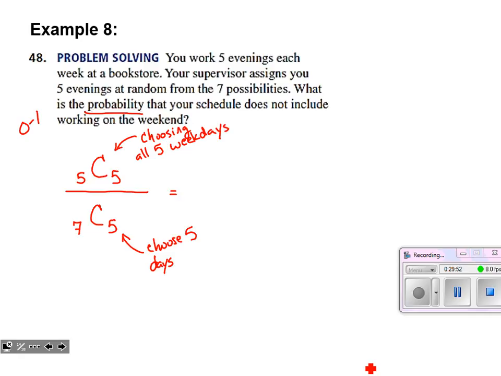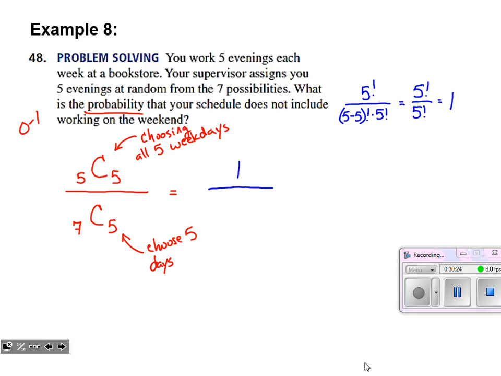All right, so let's figure this one out. And this one might be a good one to use a calculator on. I'm not sure. I'm just going to do this one factorial, though. For the first one, 5 factorial over 5 minus 5 factorial. And the order does not matter, so multiplying by the arrangement there, we get 5 factorial over 1 times 5 factorial. Okay, so our numerator is just 1.